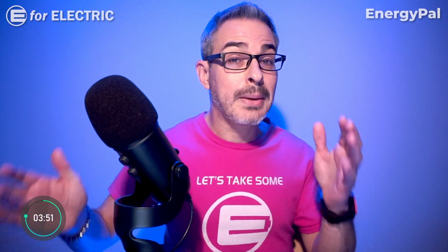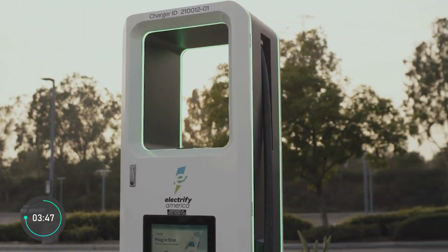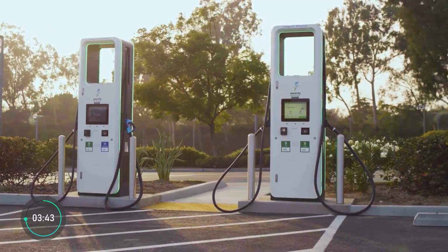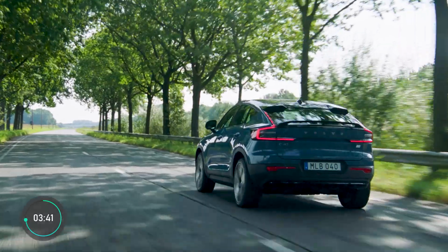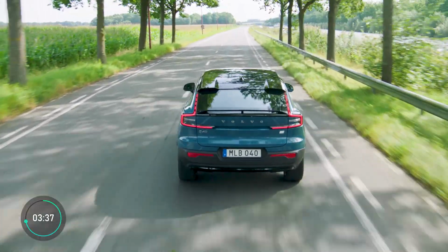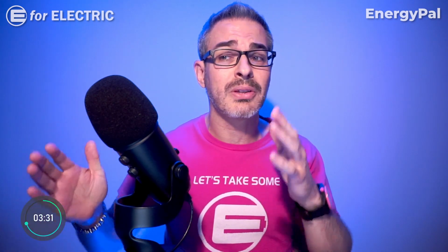It does come with a perk from Electrify America, giving all C40 Recharge drivers 250 kilowatt hours of free charging within the first 3 years, which should equal to about 750 miles, but this could be taken away with the newer models. Now let's move on to the pros and cons, and we're going to start with something very unique